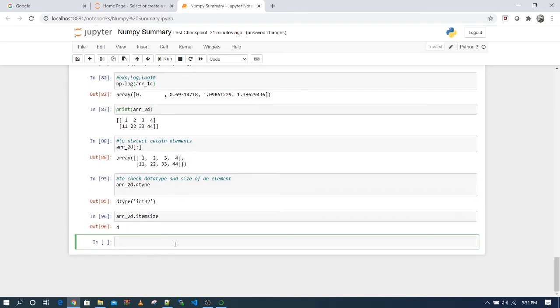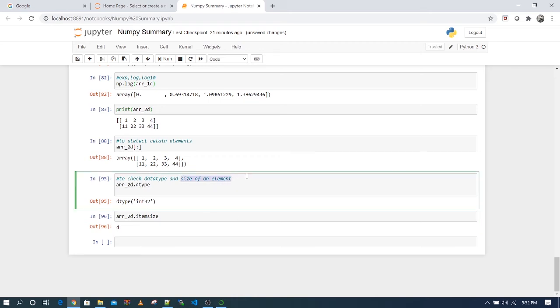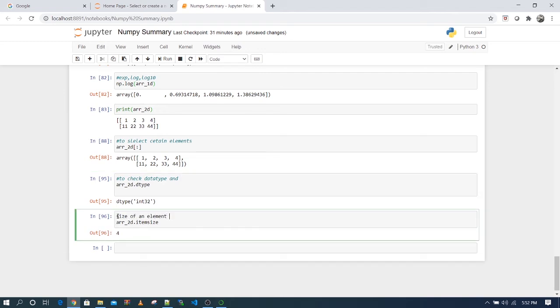Yeah, so it is overwriting. That is why I'm getting this. So you can see the data type is int32 and the item size, each item is taking 4 bytes. Size of an element using itemsize, in bytes.